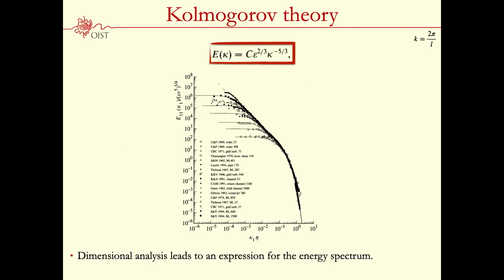The important thing to notice is that at the large wave numbers, large k means small length, so the small scales of the flow, the energy is going down very quickly. At the large scale, which means large L and the small k, is where you have most of your energy, and there you have